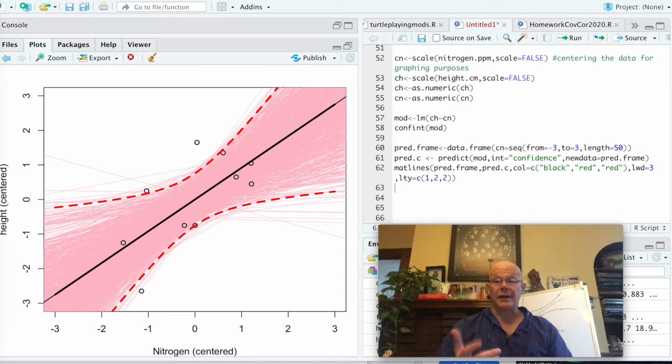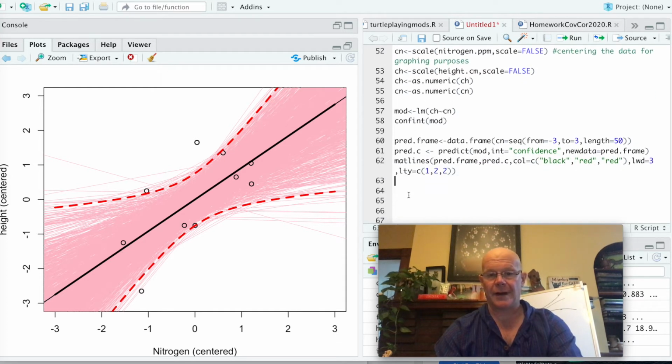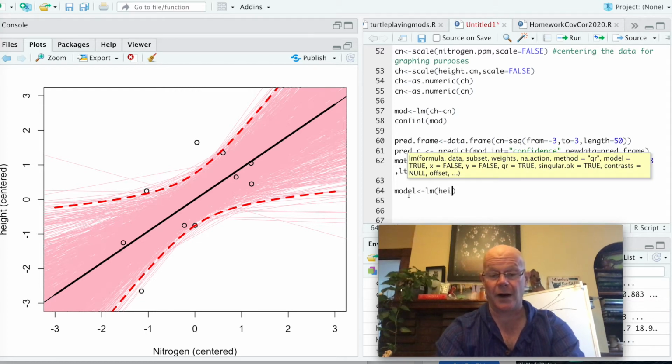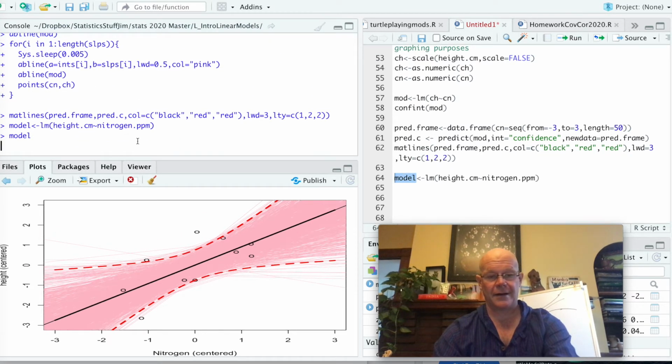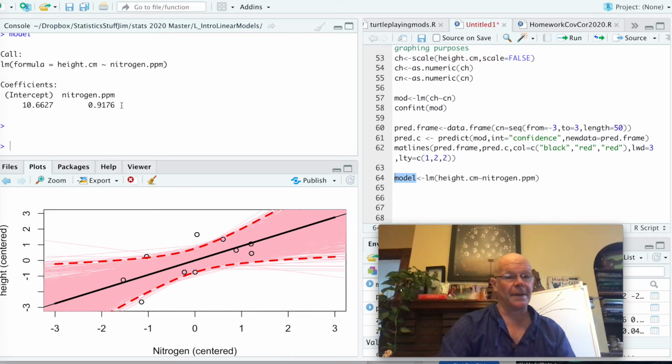Okay, and so let's go back to our original data, our original model. I'm just going to make a new model, to make it easier for myself. It's going to be a linear model where height is some function of nitrogen parts per million. Yes. Okay, that's our linear model. I gotta hit escape. There it is. There's our linear model, there's our intercept and there's our slope. And I will go ahead and, using the real data now,